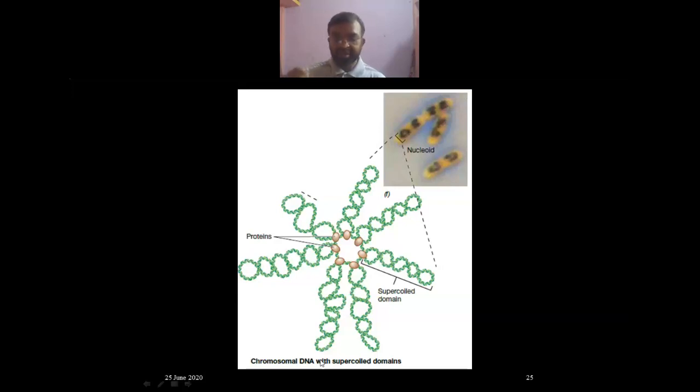We are going to emphasize in the last part how the genes are controlled at the histone level. But just keep in mind such a complexity is not present here. Very simple things are there, and here the coiling and supercoiling are there. Another difference is that the prokaryotic cell, the bacteria, possesses a single chromosome. Only one chromosome is present in bacteria.